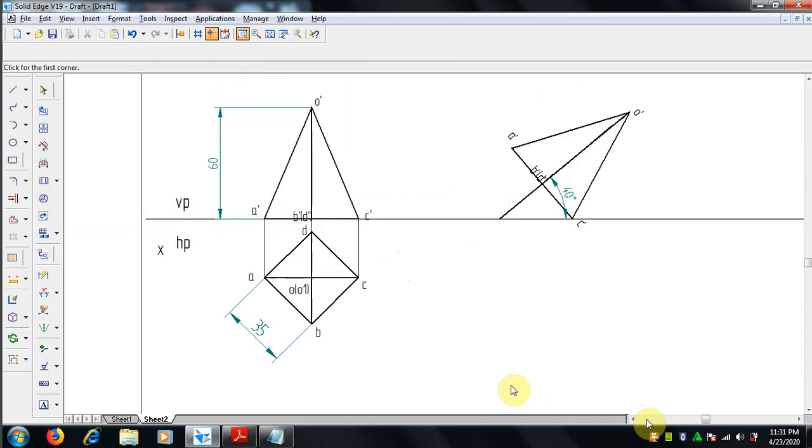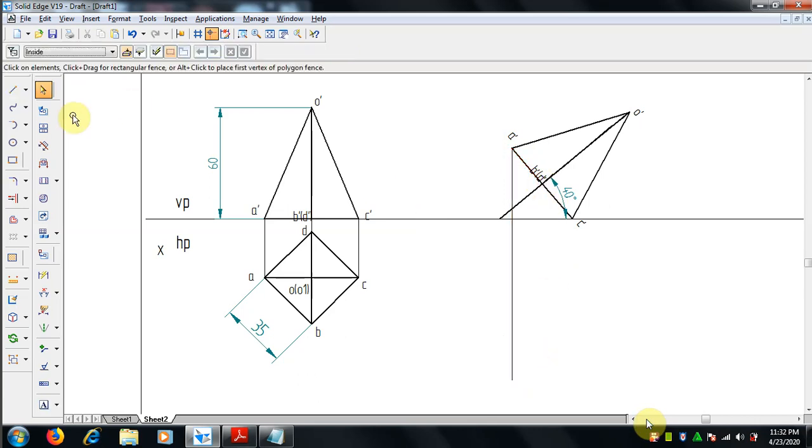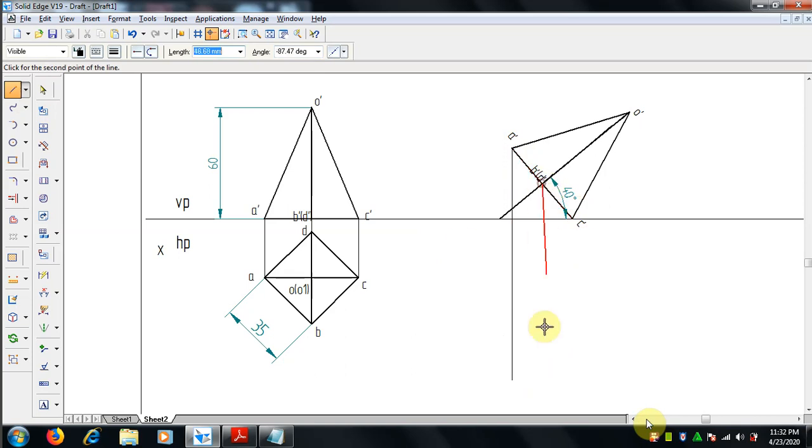Now we have to go for the top view. By selecting 0.13 mm line thickness, project A dash and B dash, D dash, the end points where it is ending.